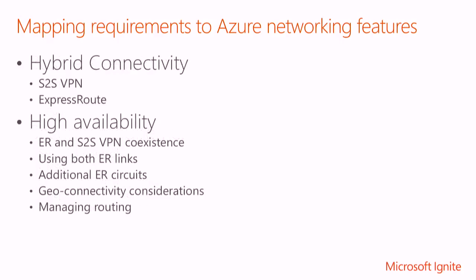So these are security challenges, and then various connectivity options, like what kind of connectivity options we can provide, site-to-site VPN or ER. We will dive into those a little bit more today. And then obviously the high availability part, like various locations. How do I connect if one location goes down? How does the inherent high availability nature of ExpressRoute help them maintain the connectivity? And even if one of the locations goes down, how do I reach the other sites?